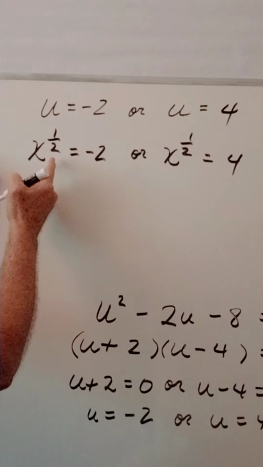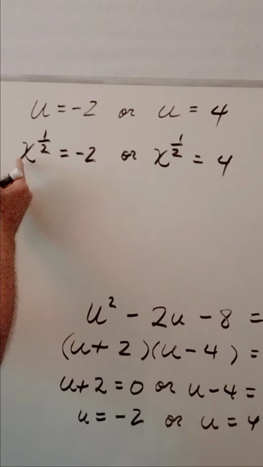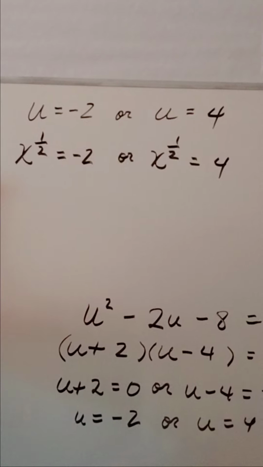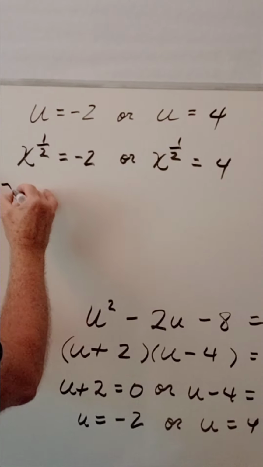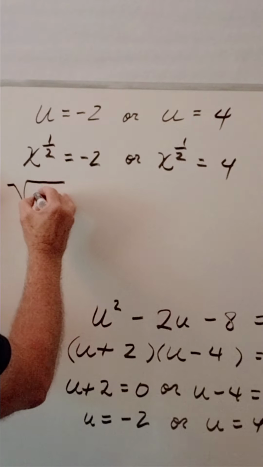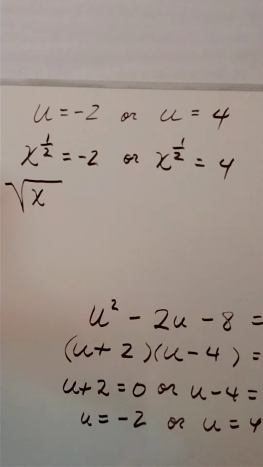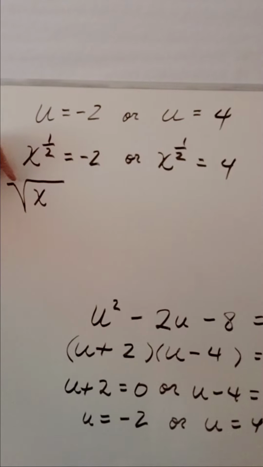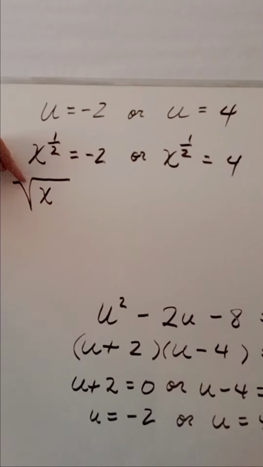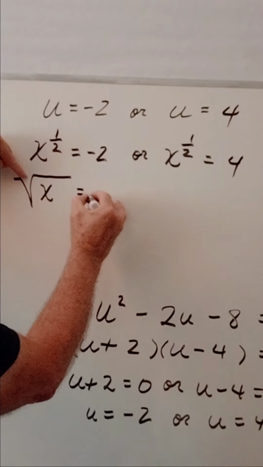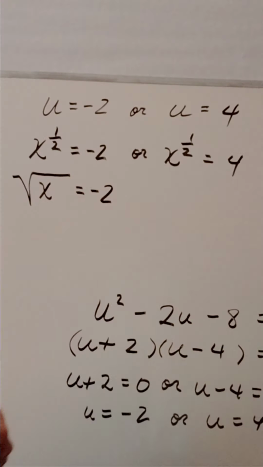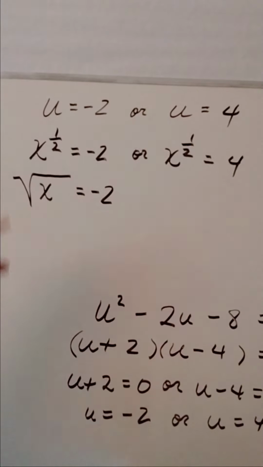If we were to change this left-hand side to a radical, look at this equation. The base of x will become the radicand, and the denominator is the type of root that we have, which is square root. So we would be saying that the radical of x can be equal to -2. It can't be,